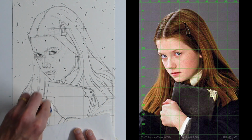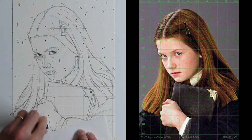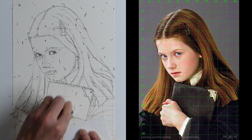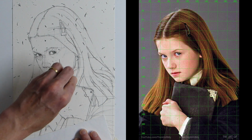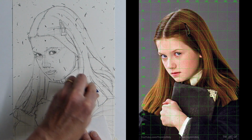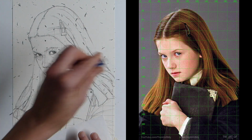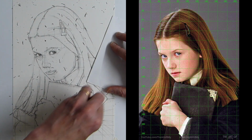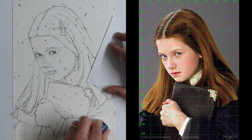Now inside the hand we can rub out a lot of the grid line and the construction lines, and the same on the cover of the book. And the hair on the collar, but again there I've just rubbed out parts of the hair. And now we're down onto the arms, but this is all part of the process of drawing, and this is why